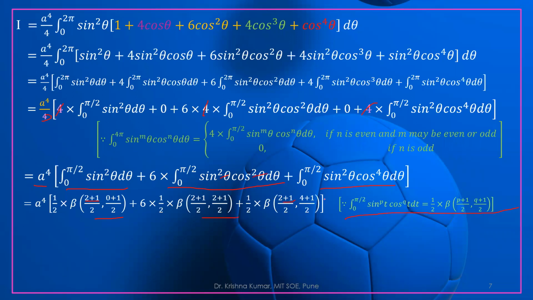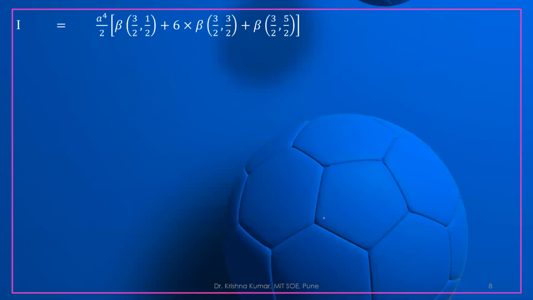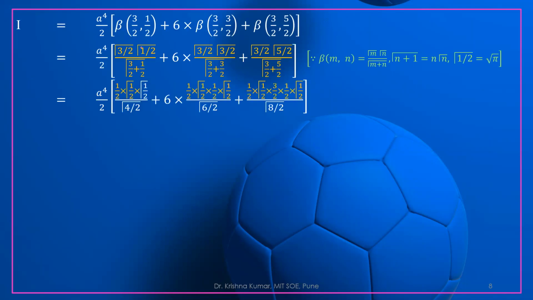Similarly, it is 2 plus 1 by 2 and 4 plus 1 by 2. And again, if we simplify, we know how to simplify it in the same manner. So this is gamma 3 by 2, gamma 1 by 2, gamma 3 by 2, gamma 3 by 2 divided by. So we know about this method. Okay, so finally, if we simplify it, what we are getting,